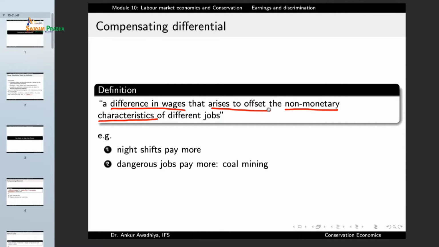Example, coal mining. A person who is working to carry loads from one place to another, that is, a person working as a porter, will be earning less money if he is doing the work of a porter in a market or, say, in the railway station. But he will get a much greater amount of compensation or wages if he is working, say, in a coal mine. Why?